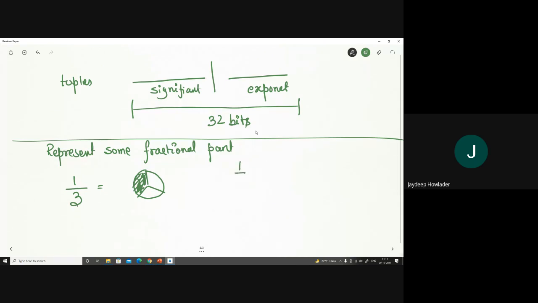So we understand that it is something in the form of 3, 3, 3, 3, and so many 3s. Infinitely, the number goes in this way. Okay. So now, for any computation, if you want to do some computation, or if you want to represent the fraction 1 by 3, we are basically making near approximations.